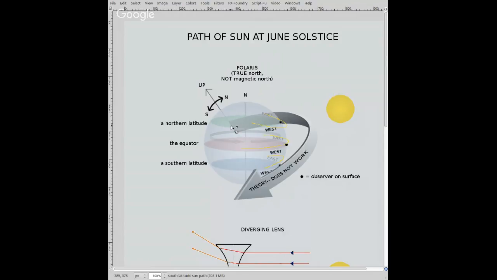I'm just doing this for illustration that we're above the tropic zone. And likewise, this southern latitude is below the tropic zone. So the sun tilt has to go toward the equator in both cases. But none of that makes sense except the southern one in the summer